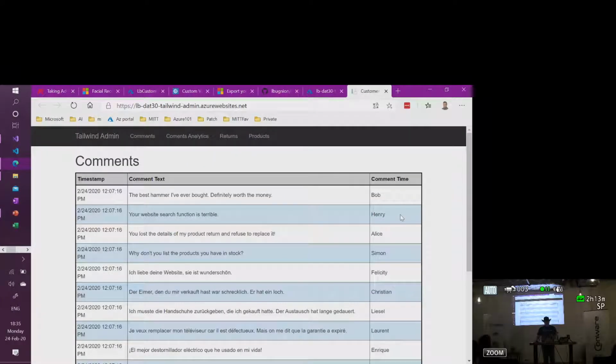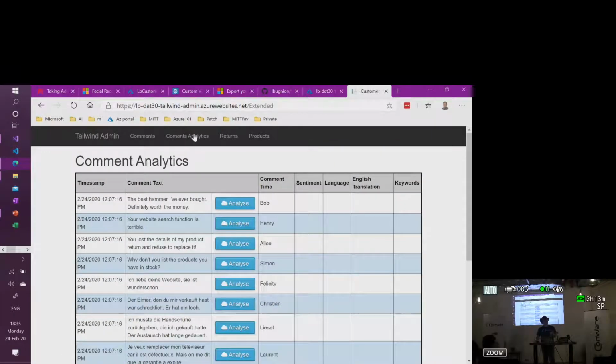Cool. So this is the website. You see all the comments that we have in a SQL database. And one thing that you could do is take advantage of those services every time you get a new comment. To do that, you can use, for example, a serverless Azure Function, or a Logic App, or whatever. Then it can analyze what is happening. So here, for example, if I analyze what Bob is saying,